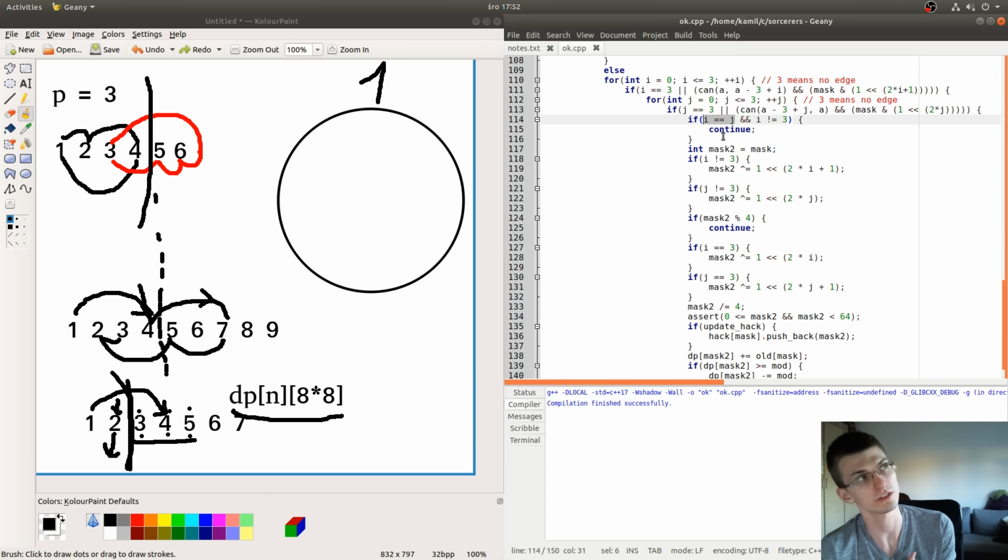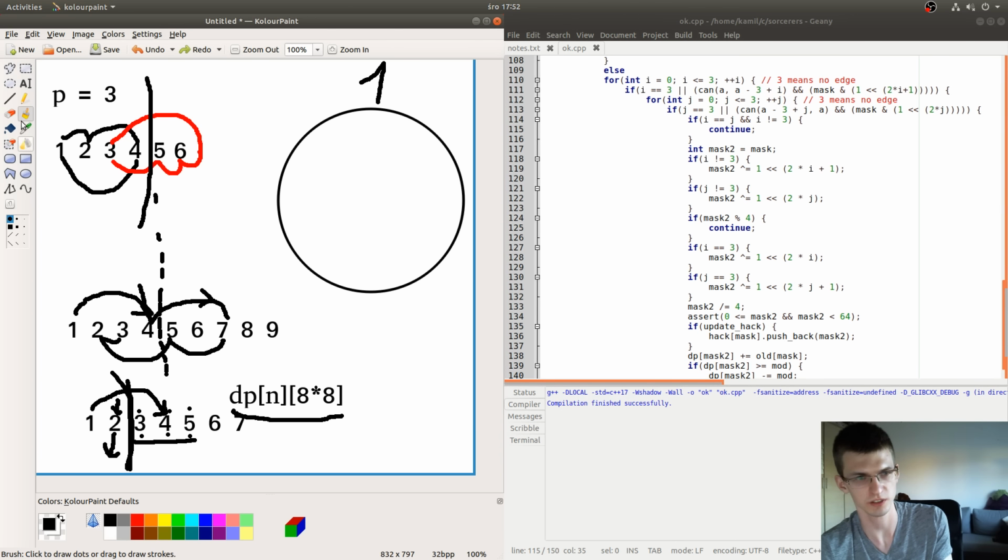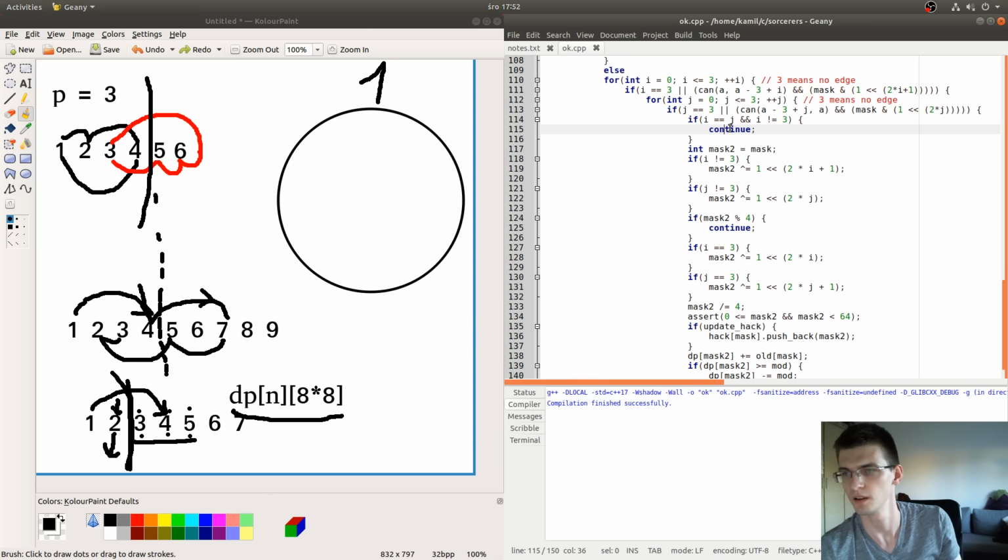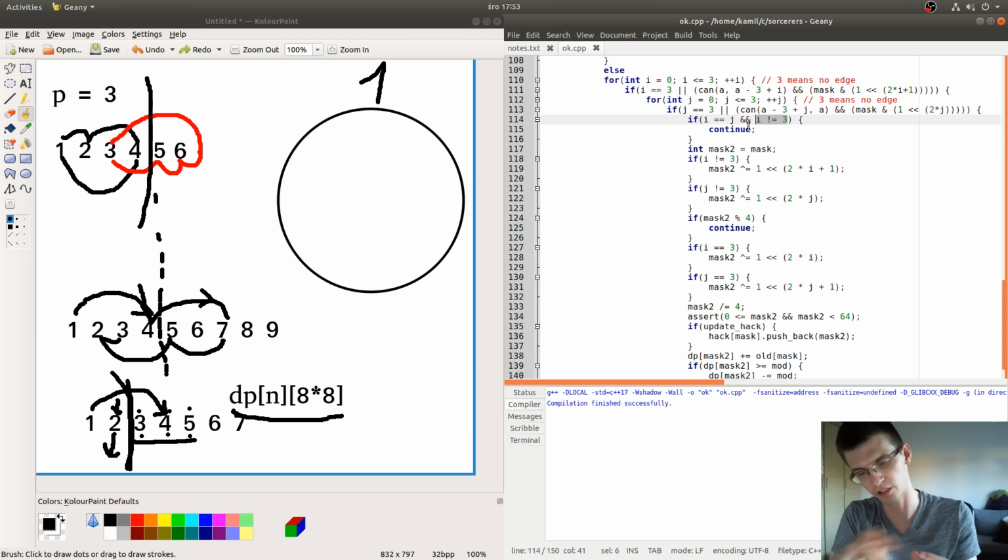Now I write, if i is equal to j, I continue. This represents what I was talking about here, that I can't put an edge from 1 to 3 and from 3 to 1. So if both are equal and they are not 3, then continue. But they can be both equal to 3. It just means that I already decided about the 2 edges.